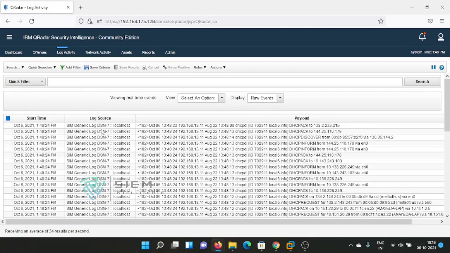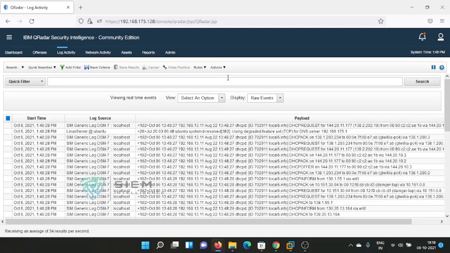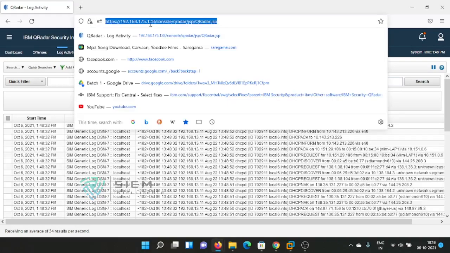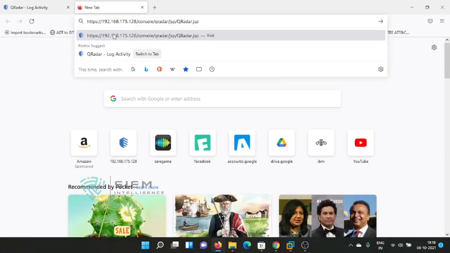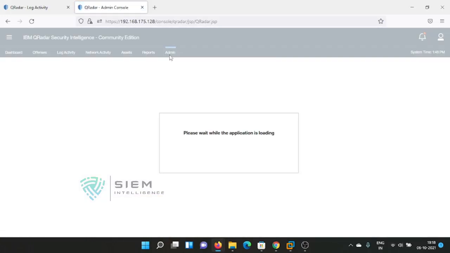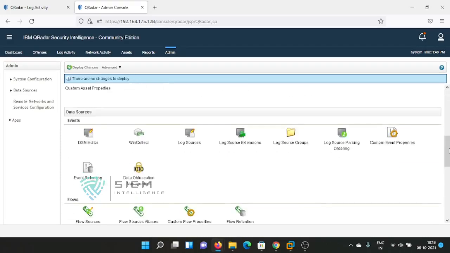If it is giving a generic log source, it means this particular log source is not added to your log source group. Where do you see log sources? In the Admin tab, you can see log sources.